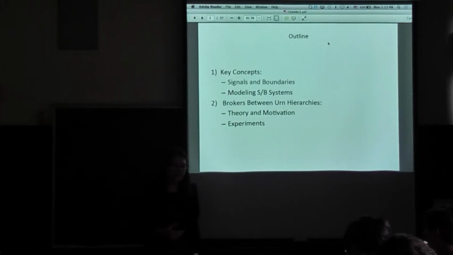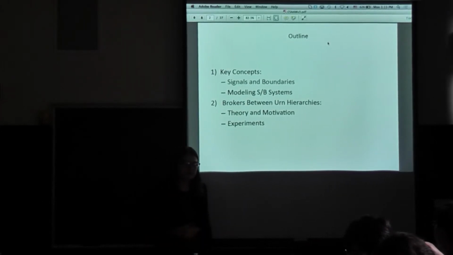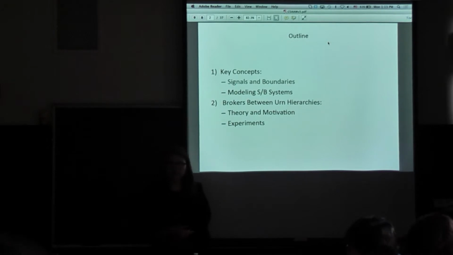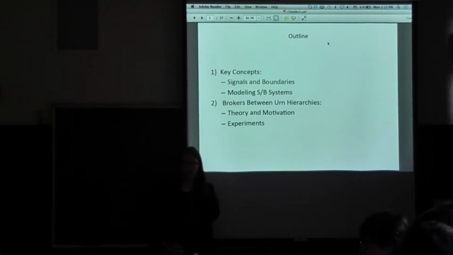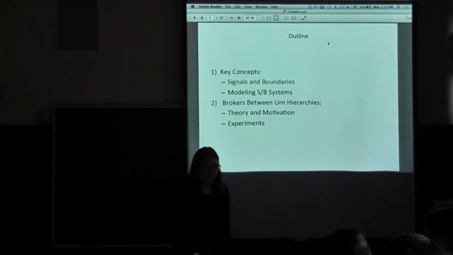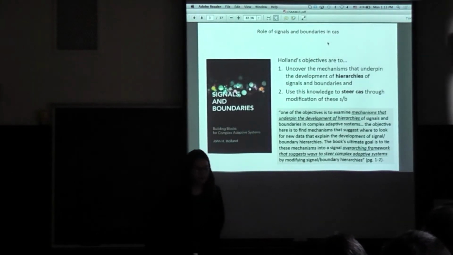different hierarchies. I'll talk about some theory that influenced my way of thinking, my motivation for doing this, and then the experiments I've run so far. The experiments I've run so far have been relatively recent, so I still don't have all the results in. Okay, so